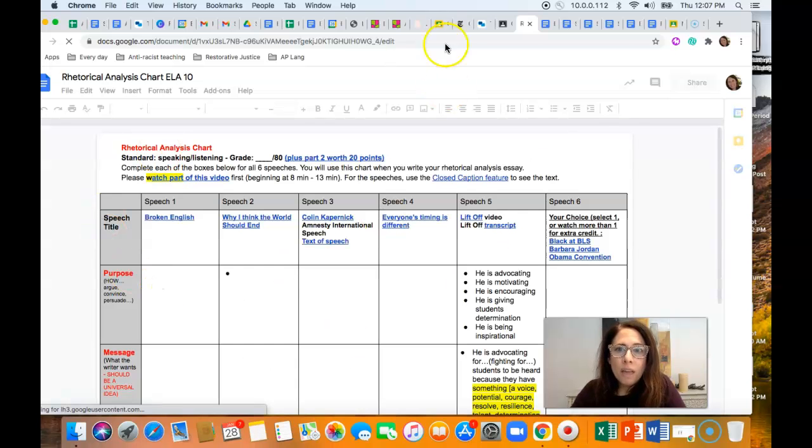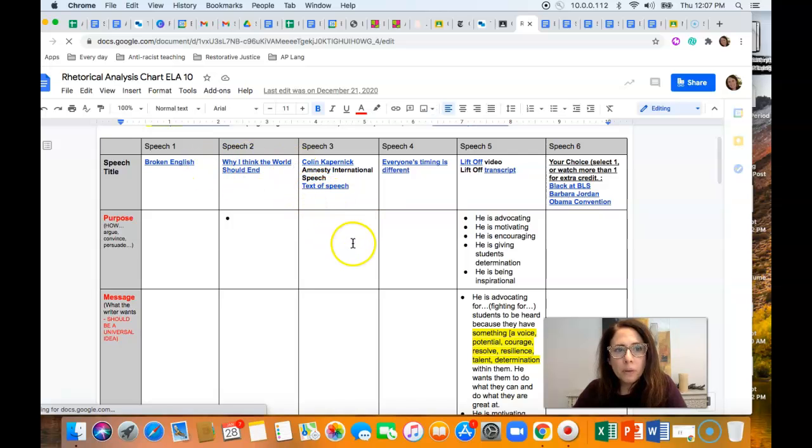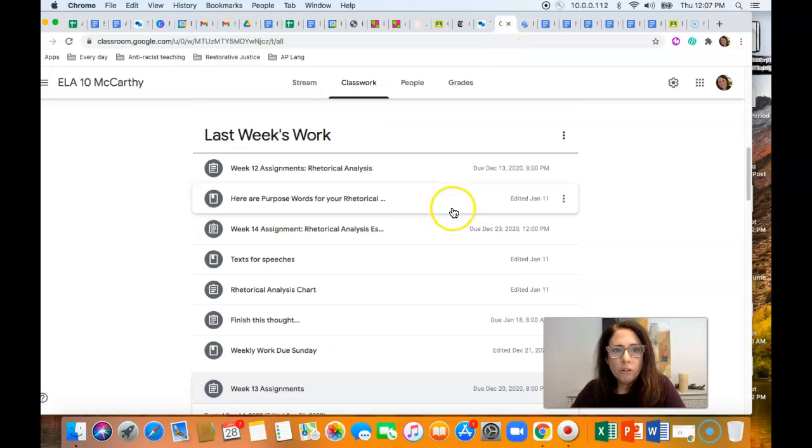Now, you might not see this row completed on your chart. I did this as part of a different class. So the recovery plan, it'll tell you what to do, and it involves this chart, and the speeches are up on top, okay? All right, so you've done the plan, you've done that chart if you're on that recovery